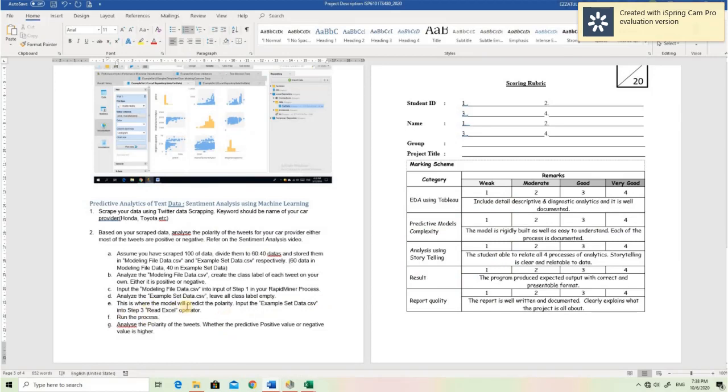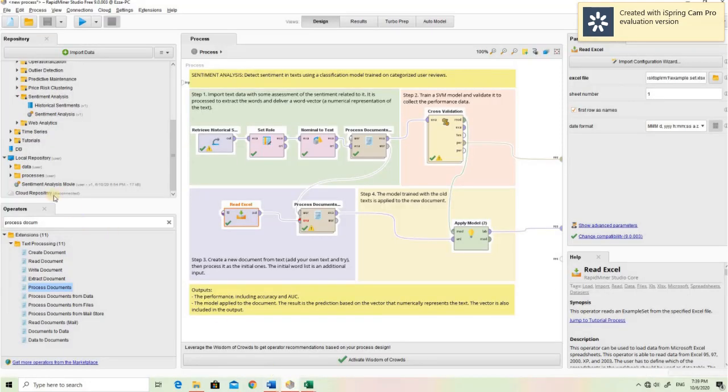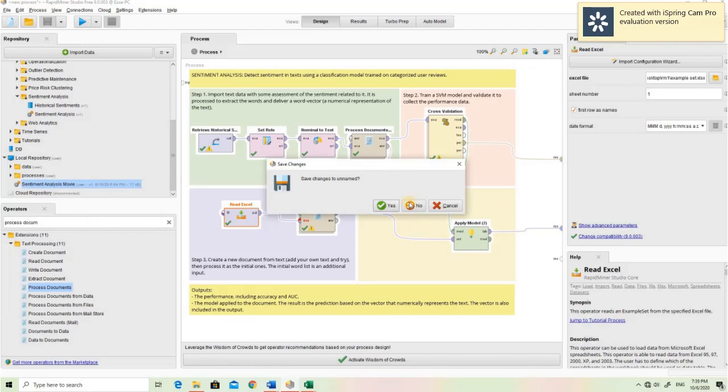Into step 3, read Excel operator, run the process, and then analyze the polarity of the tweets, whether the predictive positive value or negative value is higher. So from there, you have to reflect the polarity of the second-hand car value scraped from mudah.my, and you have to discuss the analysis. So example here,